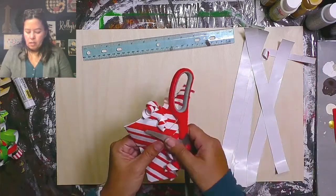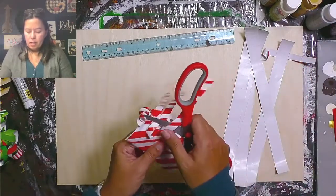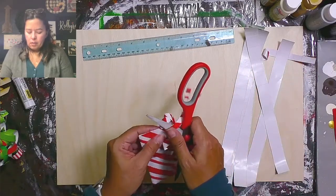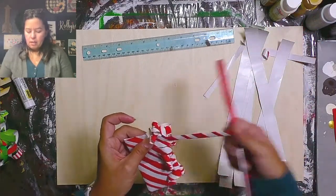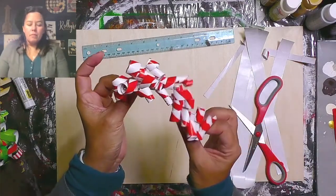So you can make these strips pretty thick or pretty thin, depending on how much you want to curl or not curl. And it will just give you a different looking bow altogether at the very end. So here's another one I just ripped off by accident. That's okay. And there we go. So it looks kind of